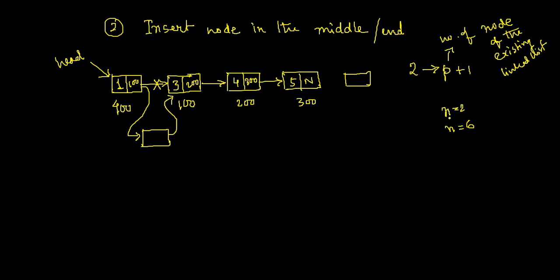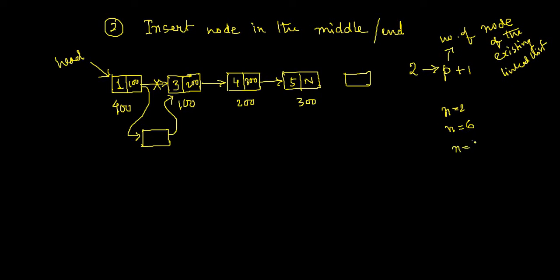Okay. So what is this? N equal to 6 means what? N equal to 6 means you can insert at the 6th position with respect to the newly created linked list after inserting the new node. That means right now I have 5 positions. After inserting successfully the last node at the end, I will have a total of 6 nodes, and n equal to 6 means the position of the newly created node will be 6.